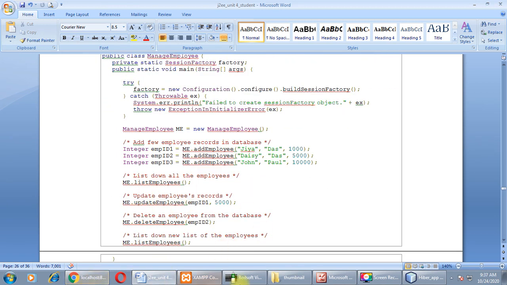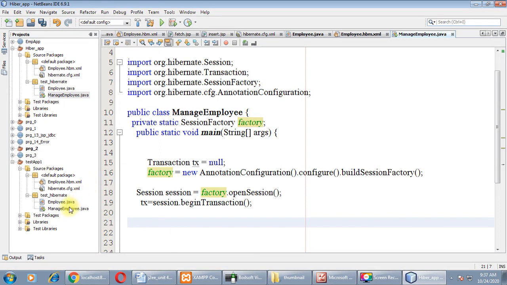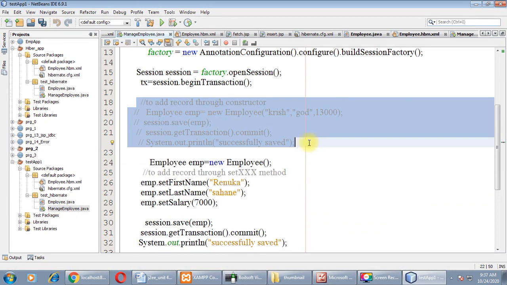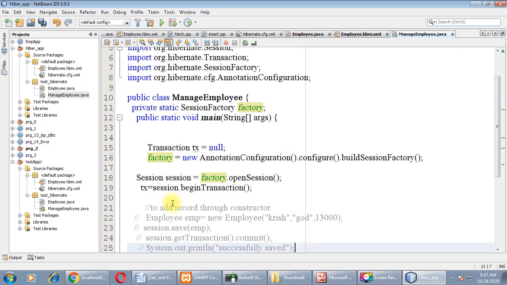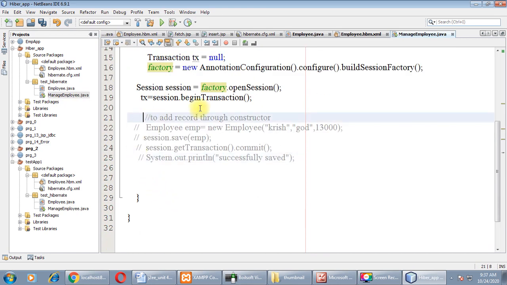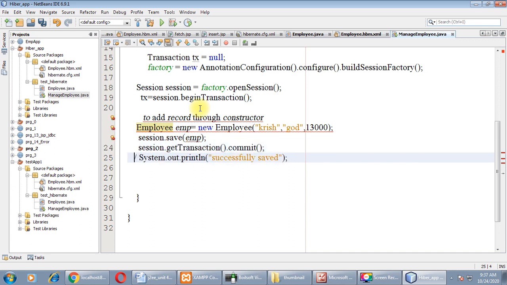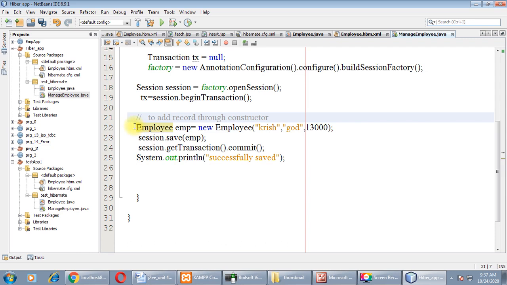Here it is. Employee. Here I have created one object of Employee class.